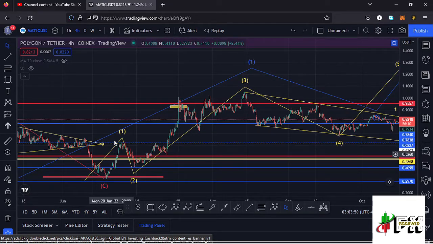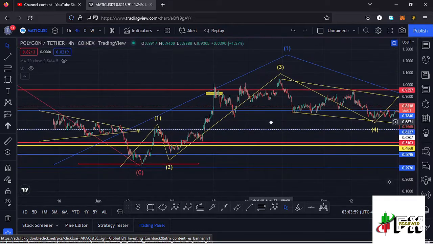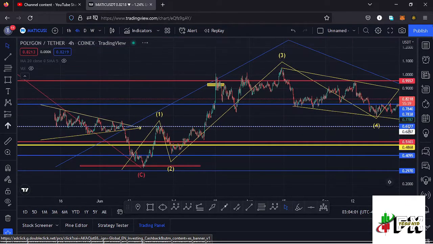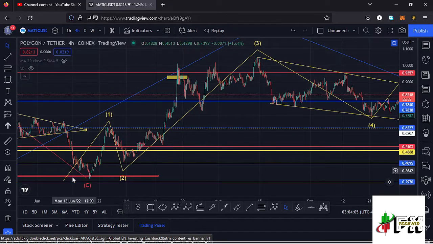And we have seen the formation of this fractal wave, where we are now in the formation of a fifth wave to the upper side, which will be completing this higher Elliott wave count 1. And if I get a little bit into the details of the formation of that fractal wave so that it can also give us the key scenarios that we expect to play out, after making our low down here, we saw a very nice bounce to the upper side, making our high for that first wave,